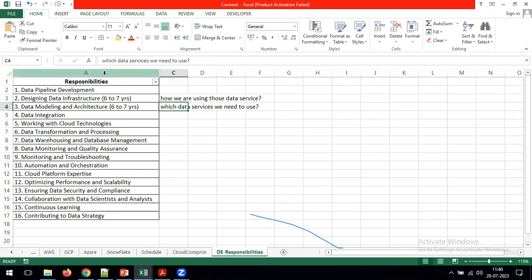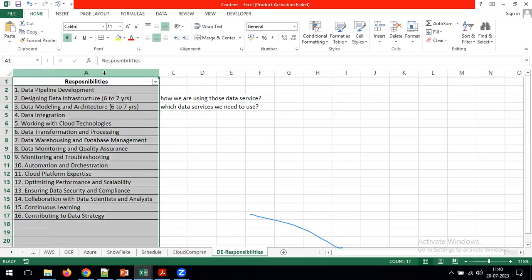That's the reason I mentioned it, just to see the responsibilities at a high level, but by the end of this course, you will understand each and every statement I mentioned here. After 45 or 50 days, you will be in a position to explain the meaning of designing, data modeling, and data integration. You will explain all these yourself after completing 40 to 50 days of our course.